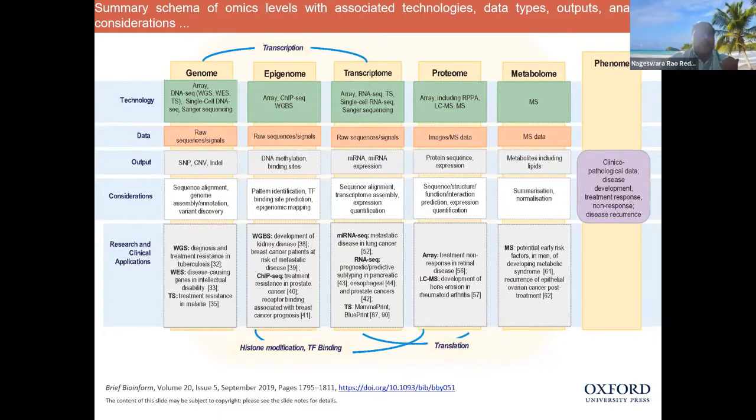So what is the output here? When we go with WGS, that is whole genome sequencing, at this moment it is used for diagnosis and treatment of resistance in tuberculosis, and cancer also. Diagnosis and treatment of resistant tuberculosis and cancer, both of them. In both of them, whole genome sequencing is especially used.